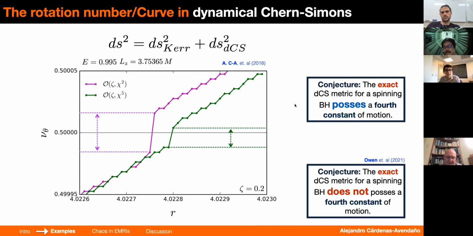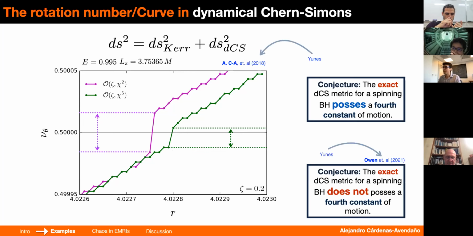So this one was done numerically, and this was done analytically. However, this analysis is way more robust. It's analytical, so it seems that it doesn't have a fourth constant of the motion. It's not that she could prove it for Killing tensors of rank 7 or all ranks, but the point is that this is really robust. And what we started thinking after her work is that maybe these features that I show here will actually settle to a minimum. So if you have the full solution, maybe this chaos shrinks, but then it stays like that. So this is a way that we can reconcile these results, because, as I said, ours were numerical.